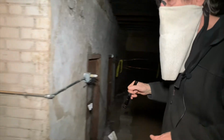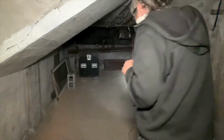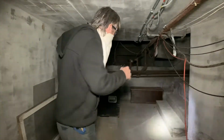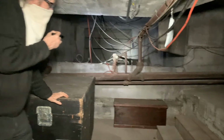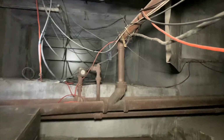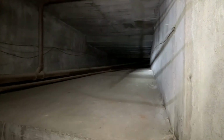But we can go down this other side, take a look down at some of these tunnels and how they go down, and they feed the air over to the ductwork, which goes out kind of like a big spider in all directions, with large ducts going here and there, taking the air all over the place. Up that one there takes a turn and goes straight up through a huge duct up there that takes it up into the main attic, way up above the upper ceiling. That feeds it through that main one, and then this one off to the right splits off to the right, and takes it also up into another duct, a vertical tunnel that takes it upwards